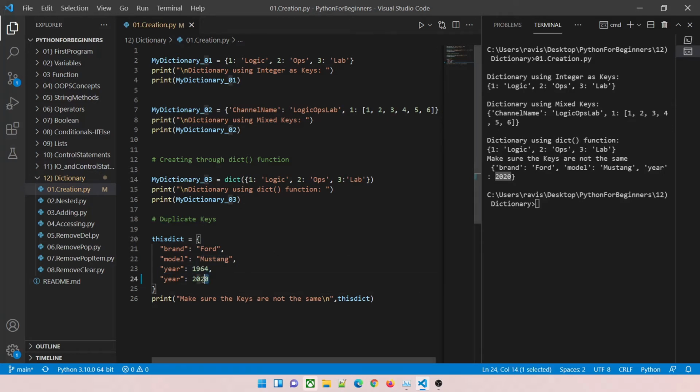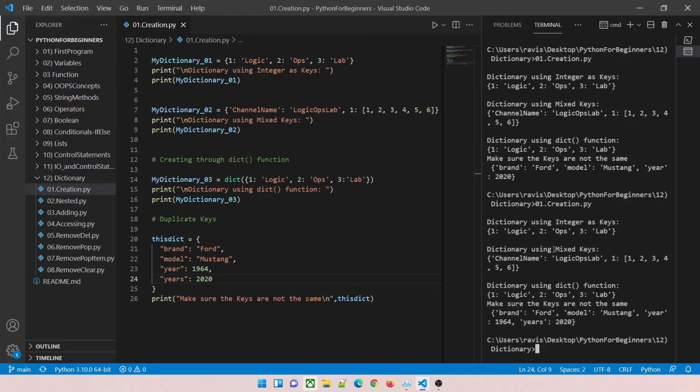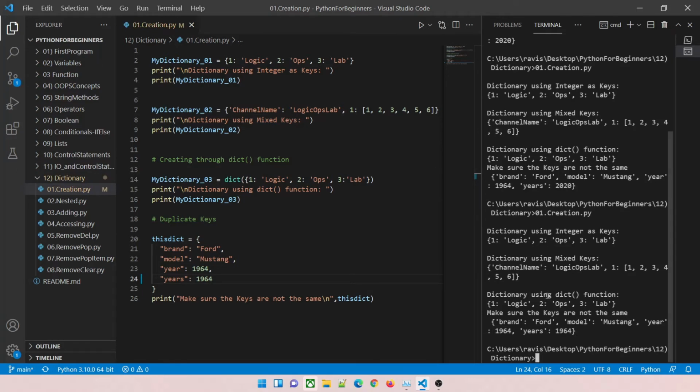As I said, you can see that the value has been reassigned because we have used it later. Now what we'll do is we'll do errors over here, save this file, and then run it again, and you can see that years 2020 is there and year 1964 is there. That means you cannot use the same keys over here. Values can be same. So if I turn it to 1964, then I think it would run the same way. So let's just test it. Let me run it again, and you can see the values can be the same, but the keys cannot be the same. So that's one constraint with this.